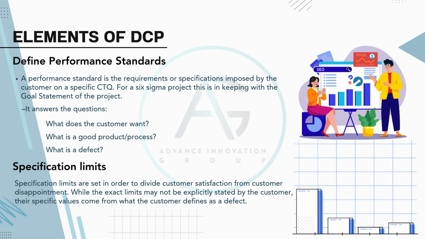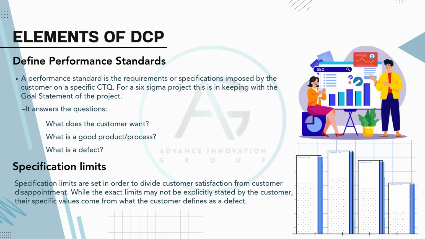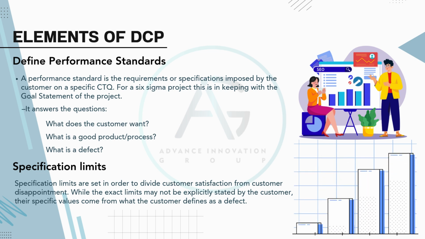That's a specification limit in action. These limits are essential because they help us quantify customer satisfaction and disappointment. So, in summary, defining performance standards and specification limits ensures we don't just collect data, we collect the right data